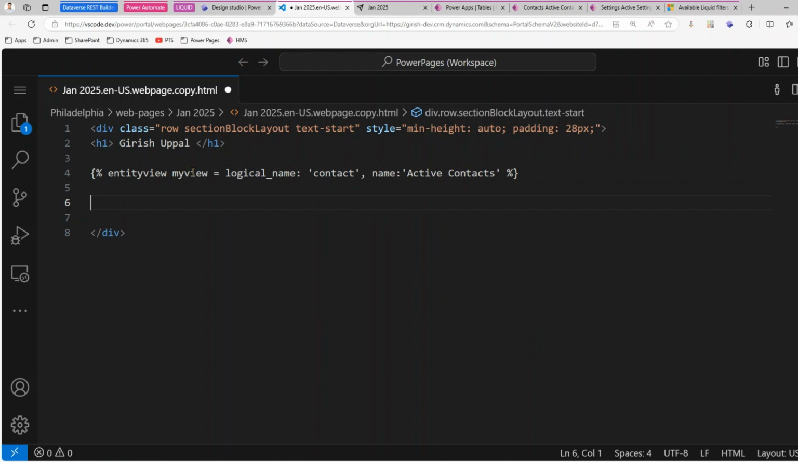Now my view object, basically the variable which you have created, will store all the values. Going forward, you will just operate on this particular object. Okay, my view. So what actions can we do from here? First thing, if I want to show how many records this view contains, I will write some